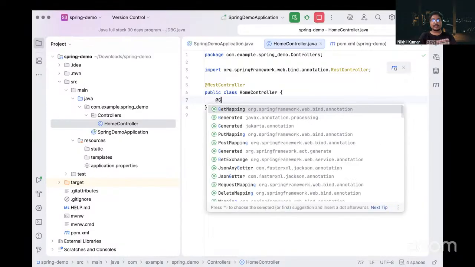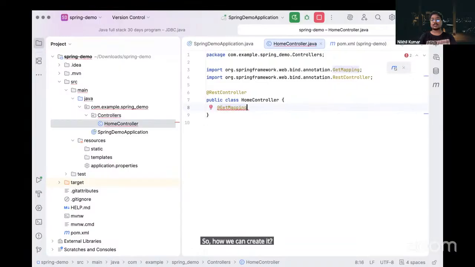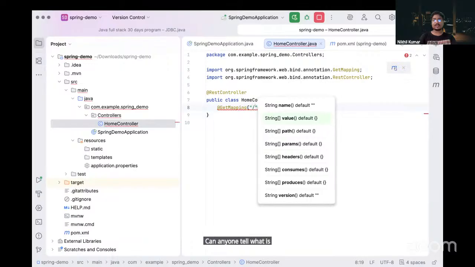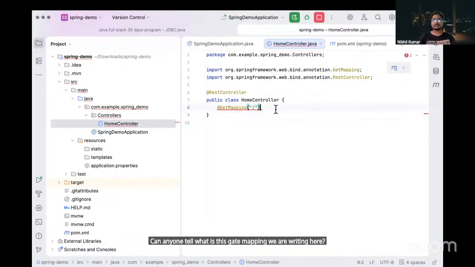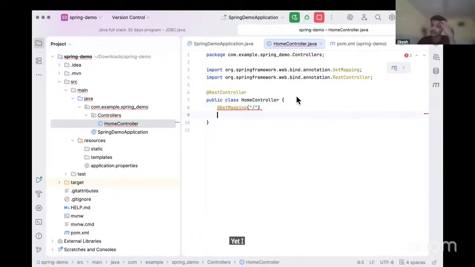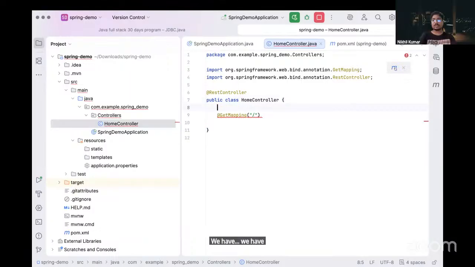So how can we create it? There is get mapping. Can anyone tell what this get mapping is? For most uses we have get mapping, post mapping, put mapping, and delete mapping. We have other mappings as well, but we mostly use these four.